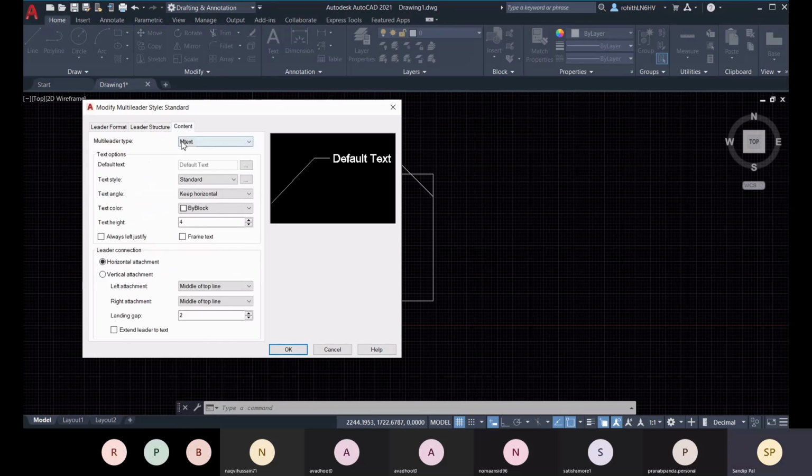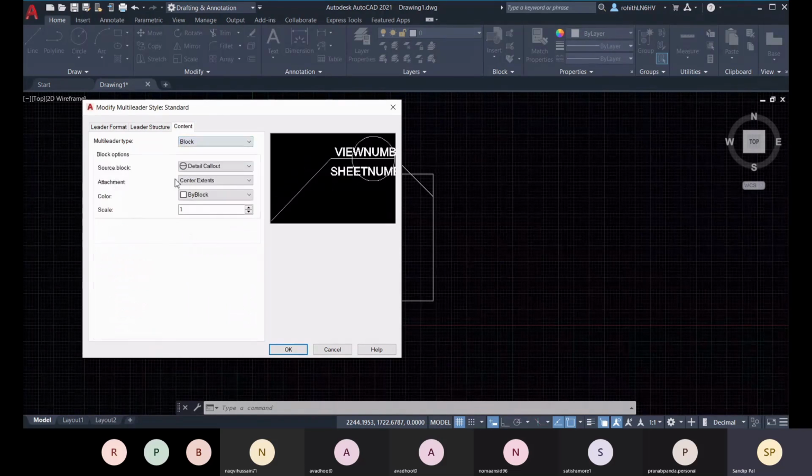And now let's go for content. The content type is MText. You can go for block. I haven't discussed the block yet.